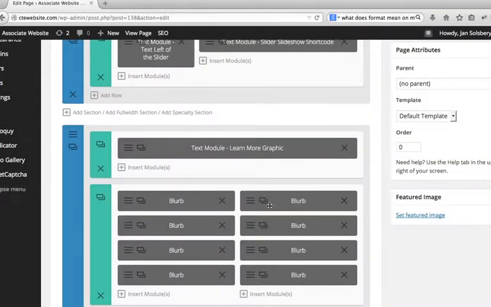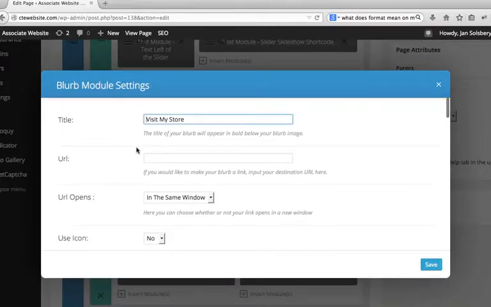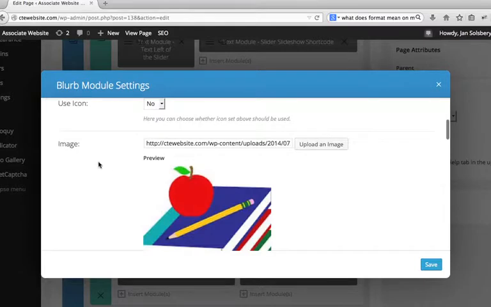These blurbs are the Learn More section. I'm going to open up the first one by clicking one time on these 3 bars. Now the title of that first blurb is Visit My Store. Of course, you can change it if you change the information in this blurb. Image,